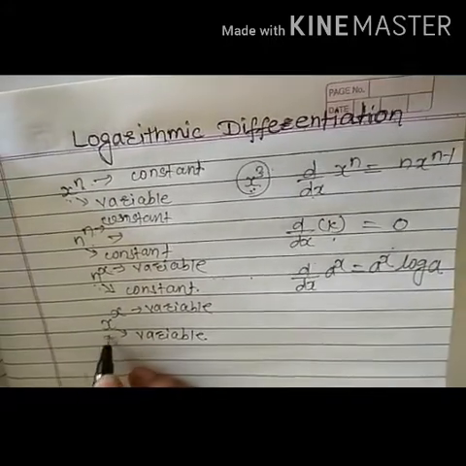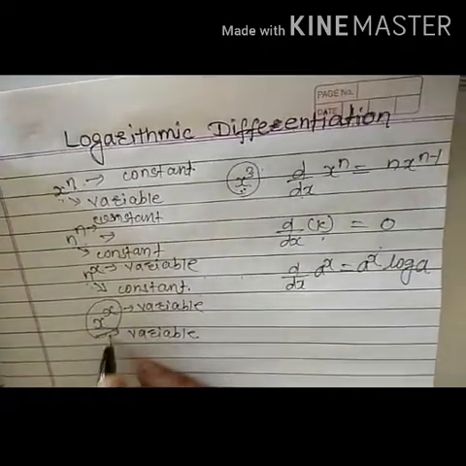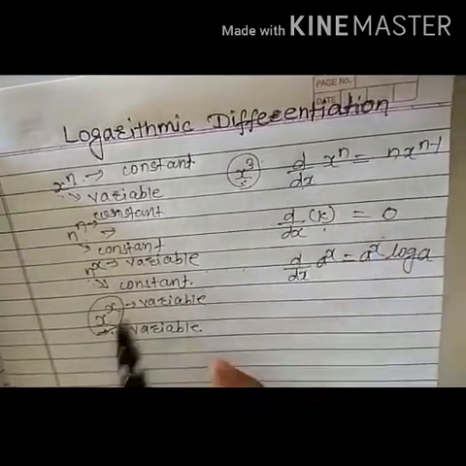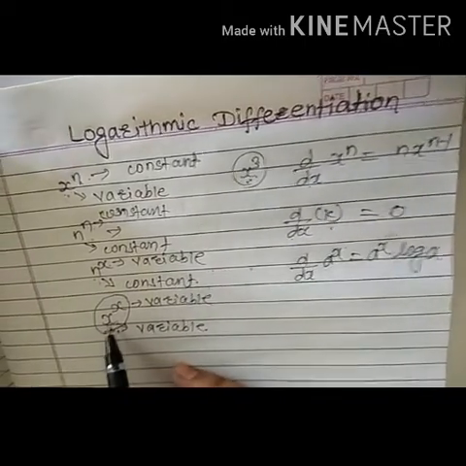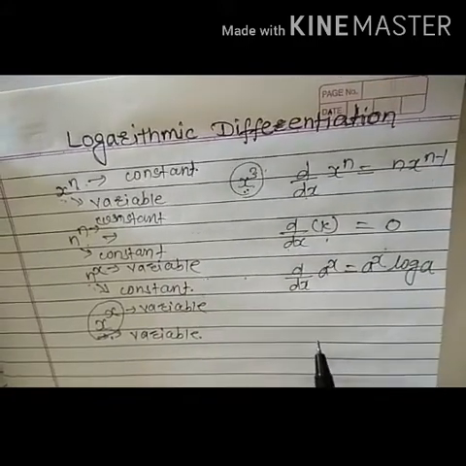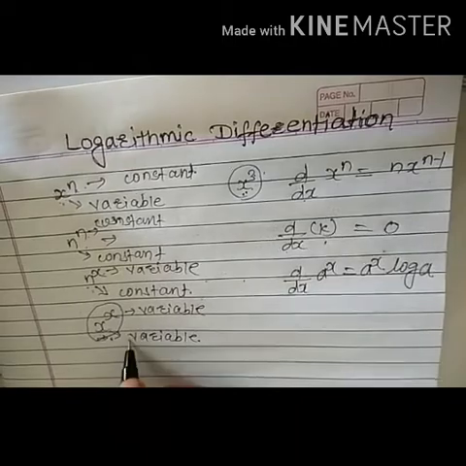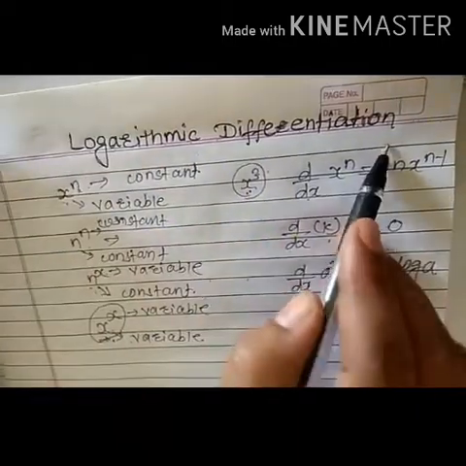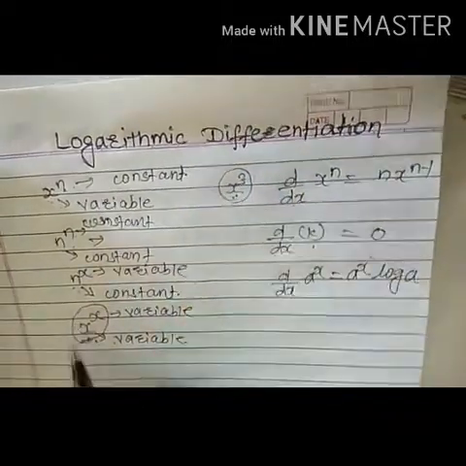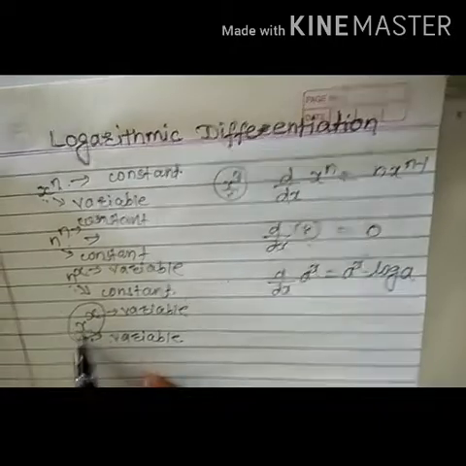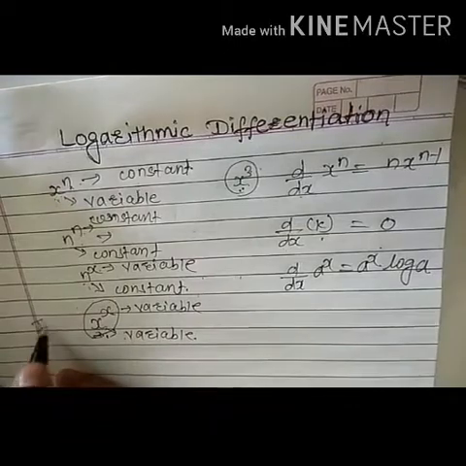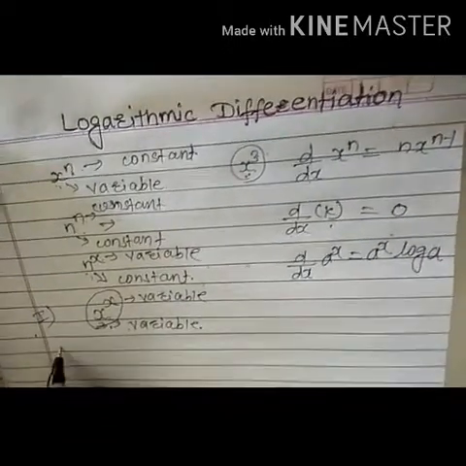Then which formula do we use here? In the formula list, we don't have a formula for when the base and power are both variables. Then here we use logarithmic differentiation. When the base and power are variables, we use logarithmic differentiation. This is the first case, and there are many such cases. Second case,